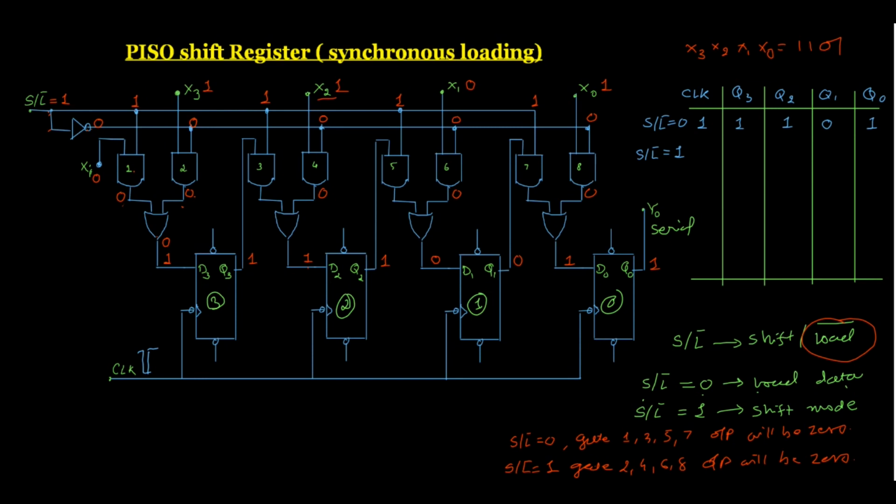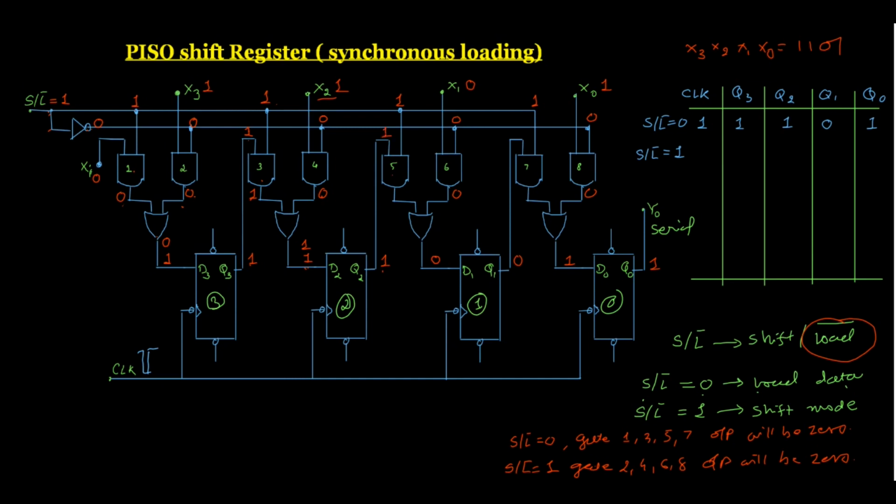Okay. Now here, if you see, the input to gate number 3 is 1. Here the Q3 is 1. So this input is 1. So 1, 1 input, output of this AND gate will be 1. And now we have 1, 0. So this output will remain 1. This input to gate number 5 is 1. Correct? So here we will write a 1.